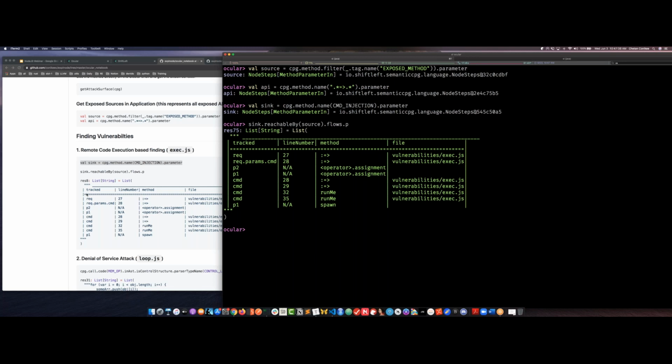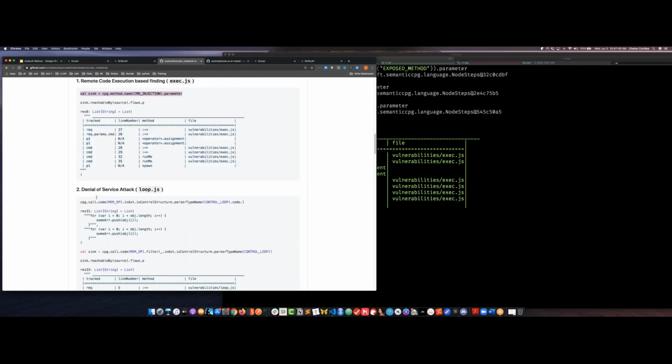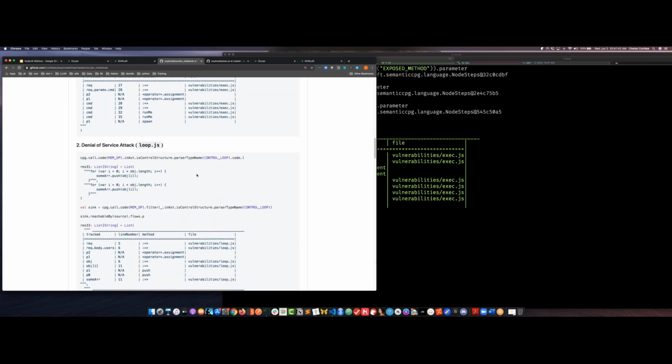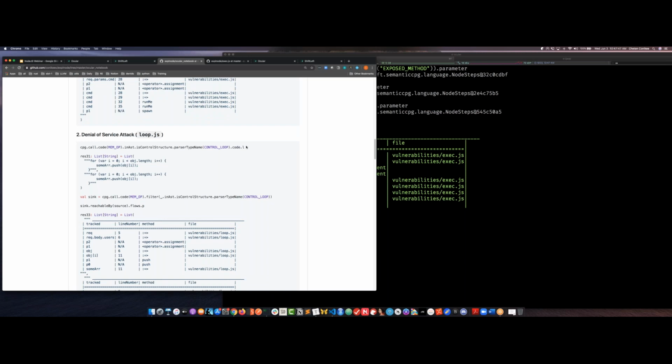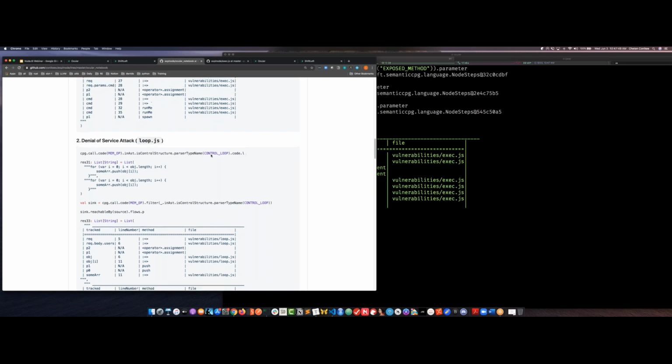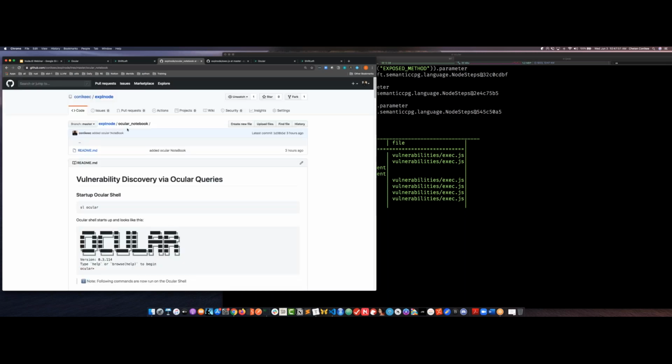Let's execute one more command so that we understand what are the other types, very complex types of conditions that we can find. Now, we spoke of denial of service attack. If I navigate to the code